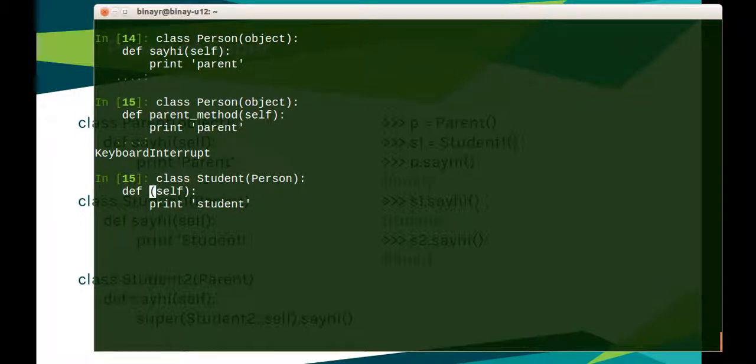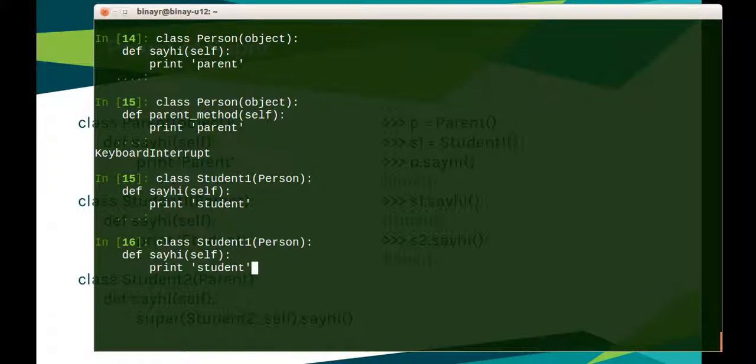Let's say hi and let's name it student1. Okay, let's create another class that is student2, inherit person, say hi, and let me print here